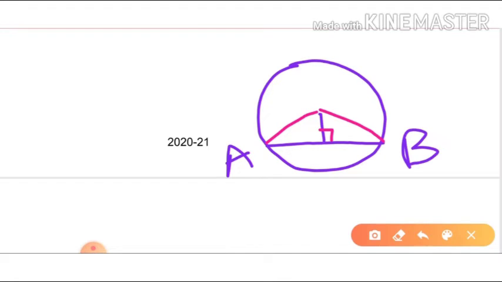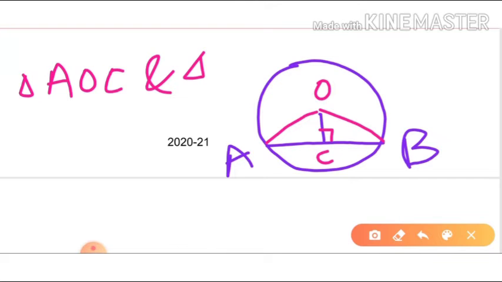Now this is O and take this as C. So the proof is not given, but still if you want to, you can prove it. Now if you take triangle AOC and triangle BOC, from triangle AOC and BOC, what you can find here,